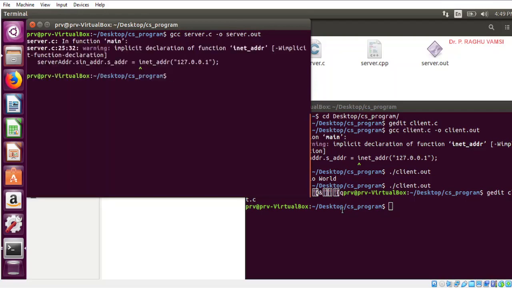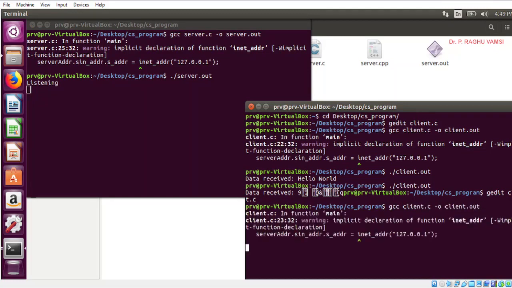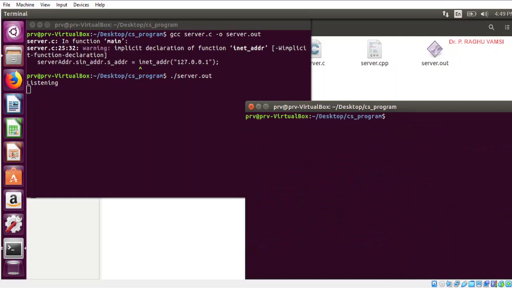The program has been compiled successfully. ./server.out, and it is listening for the client, and go to client, cd, gcc client.c and write the output to client.out. Now ./client.out.